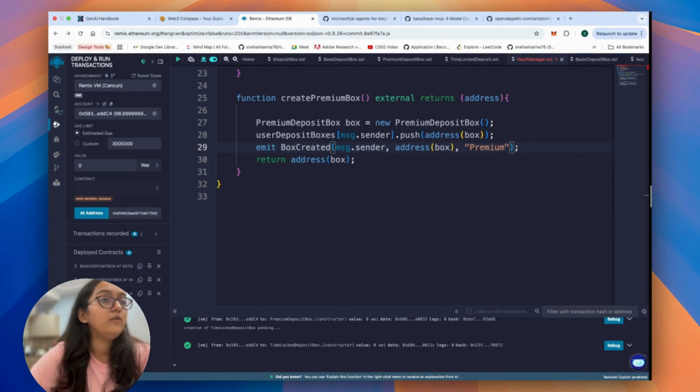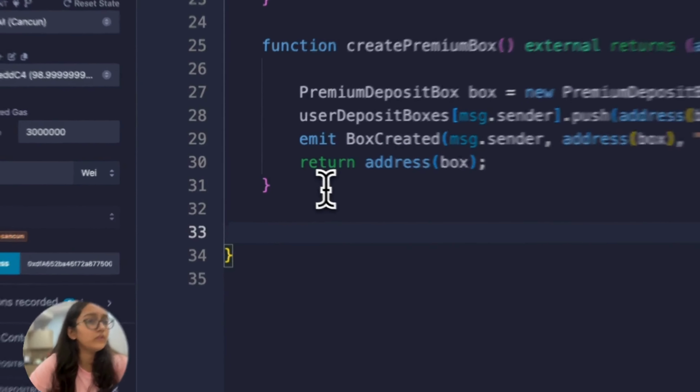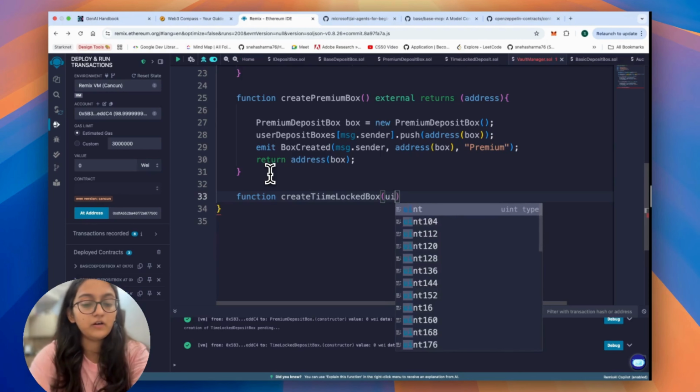Right? Now, what we will do is create a function called create time locked box, where we're saying that we want a function that allows a user to create a time locked deposit box, a smart contract that behaves just like a basic box, but with one crucial twist, which is that the secret stored inside cannot be accessed until a certain amount of time has passed. So we'll quickly write it. Function create time locked box, and then as a parameter we will pass